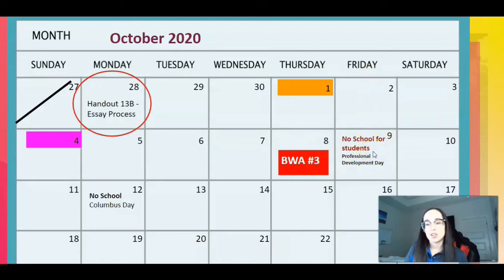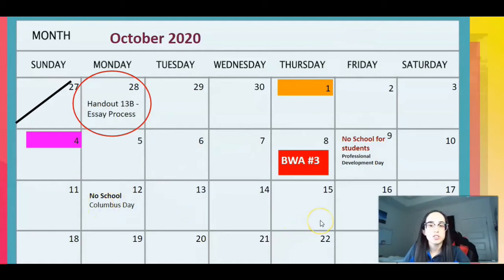That's next week, though. On the 9th, I just want to give you these dates in advance, in case you're the type of person who likes to write things down in your planner and likes to know ahead of time. There also is going to be another day, Columbus Day, with no school for students or teachers, so that's something to look forward to in October.